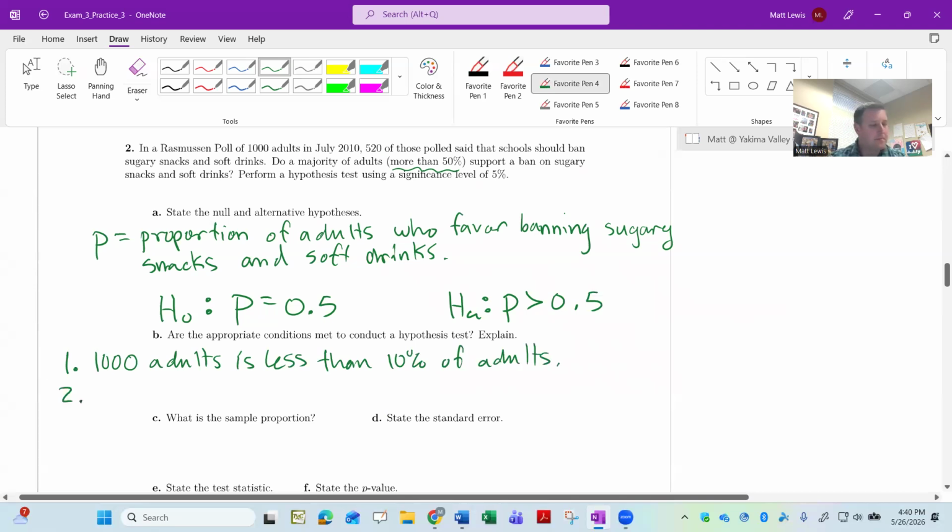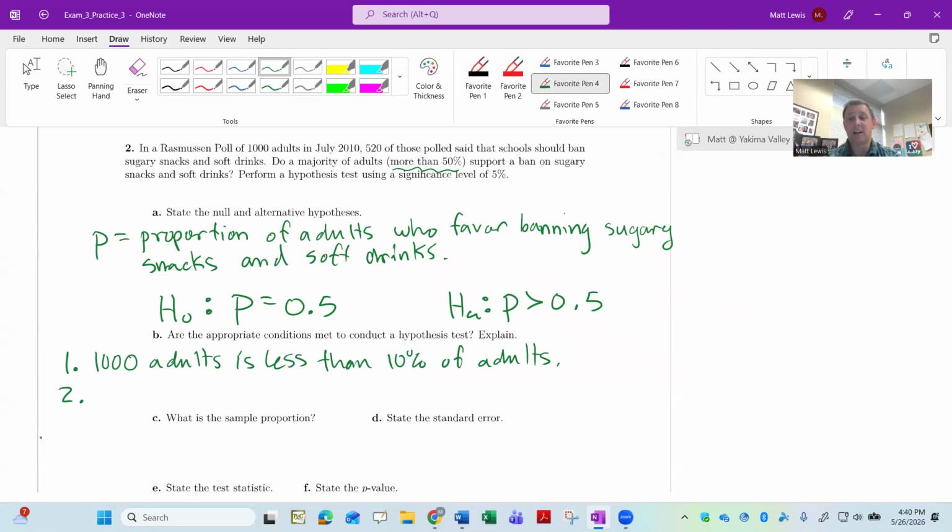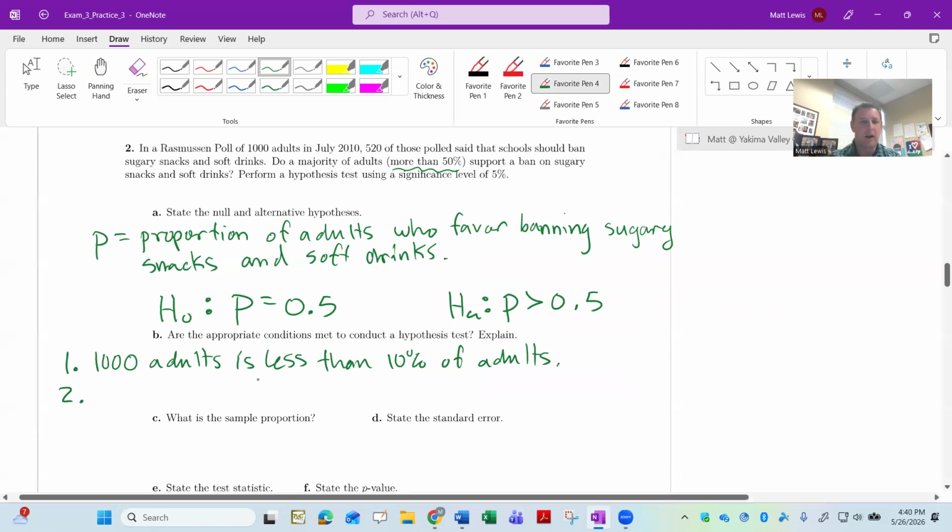All right, number 2. Remember that when it's proportions, the second condition is different than when it's means. For proportions, we have to check the success-failure condition, right? The success-failure condition asks you to take whatever your null value is and multiply it by your sample size, right? So the null value times your sample size